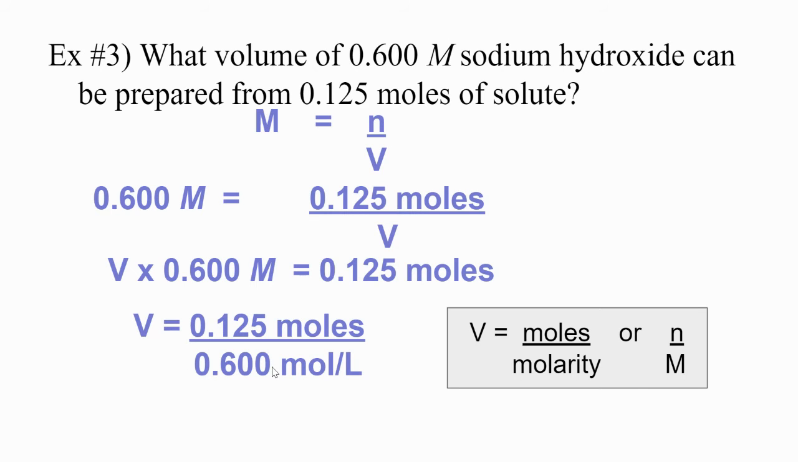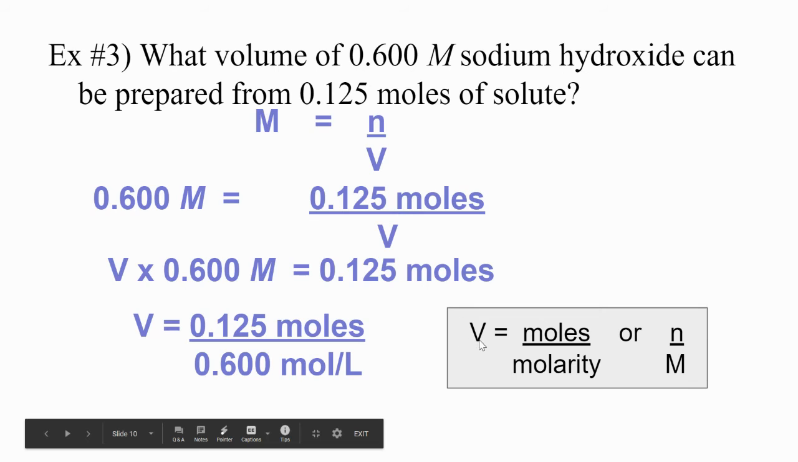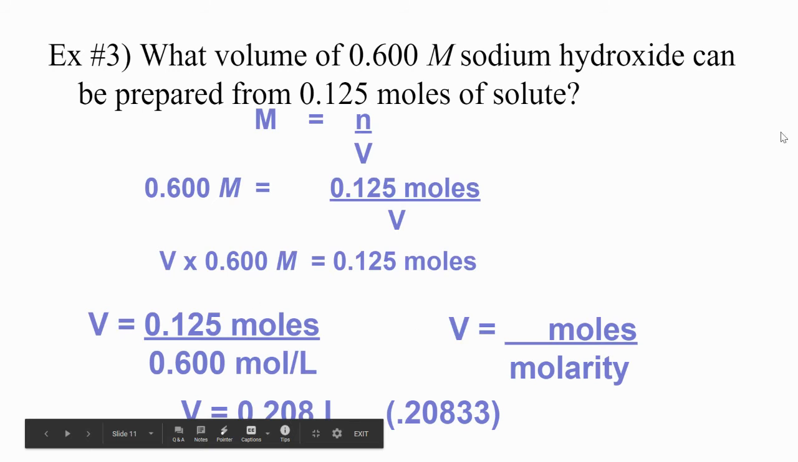So again, you can start with the original formula, plug it in, and rearrange, or make a note that when you're solving for volume, it's moles over molarity, or lowercase n over capital M. Put the numbers in your calculator and you get,